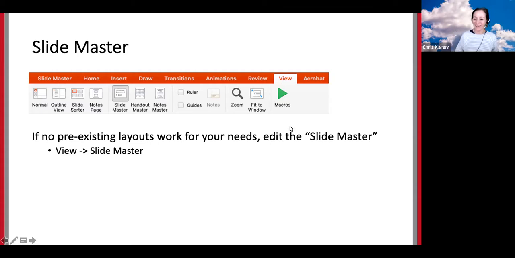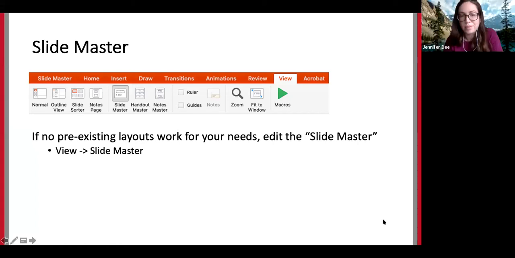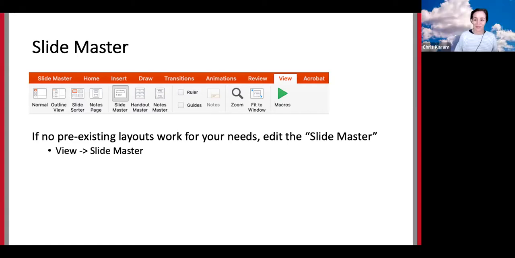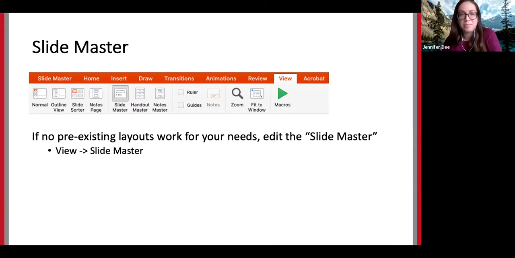Can I ask a question? Is it fair to assume that the screen reader reads top, left to right and down? Do you mean like if you're adding your own text boxes? No, no, that would be great, but not always.